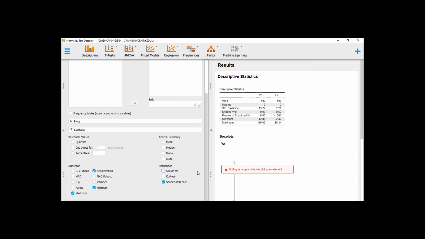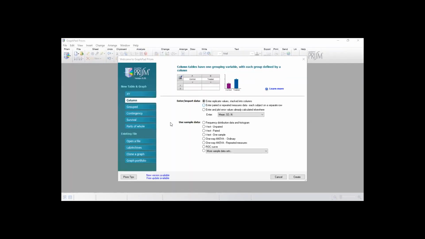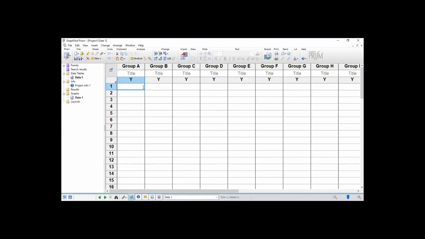Now let us explore the same using GraphPad Prism. Good. If you launch your GraphPad Prism, you select the column and then you create. Now you have an interface where you can input your variables.